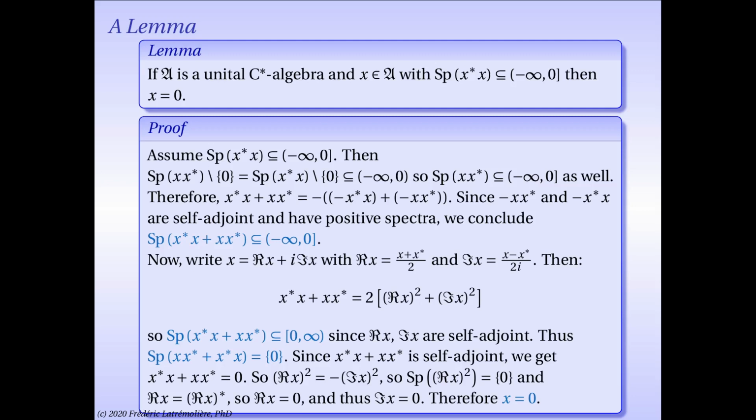Once I know that, I can solve any way you want to conclude that the imaginary part of x is 0. There are different ways you can get it. And if the real part and the imaginary part of x are both 0, then x is 0. And I've concluded my lemma. So this is very nice. And we're going to use this as a core of the argument of the main theorem,